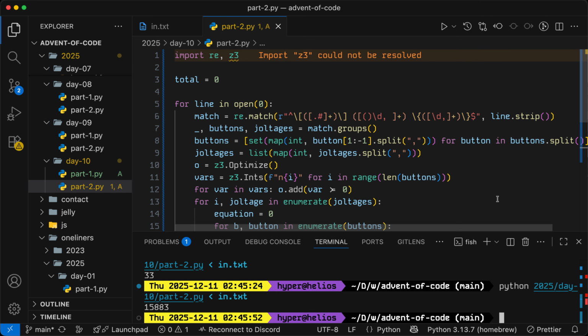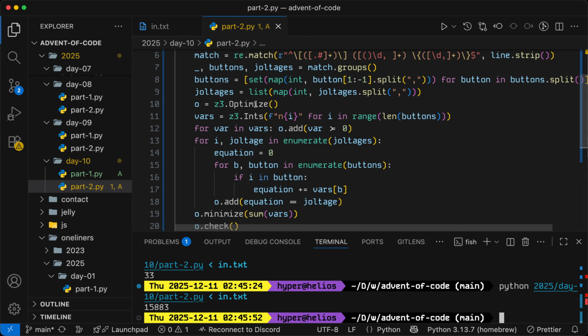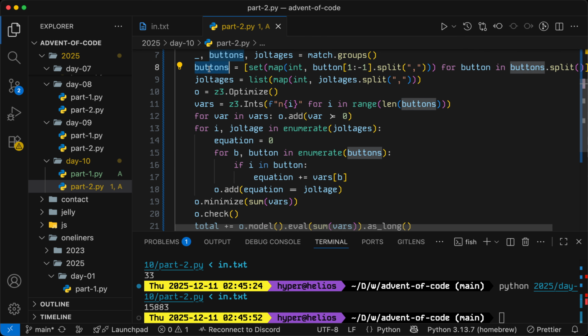So let me briefly recap this problem. Buttons is a set of coefficients which tells us what happens to the joltages when we press certain buttons. So this defines the left side of each equation. Joltages is a vector that we are attempting to target. So basically this defines the matrix and this is the target vector, and we are tasked with finding the solution vector that solves this problem and has minimal